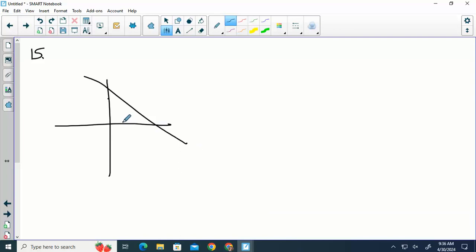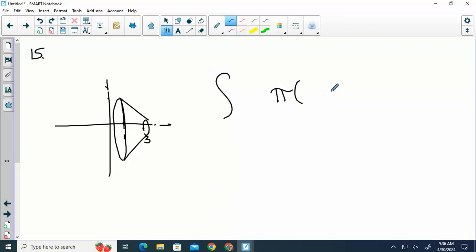X equals 1 is a vertical line at 1. So that means I'm chopping off that part. X equals 3 is a vertical line at 3. So I'm taking away this. We're just taking that little section of our line. And we're rotating that about the x-axis. So to rotate it, think of reflecting. So we get something like this. Volume,